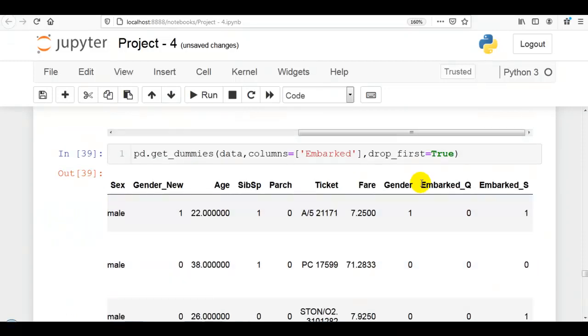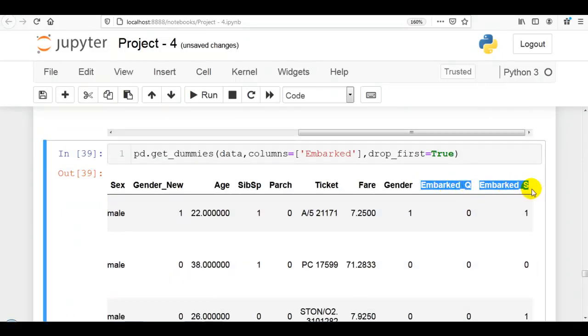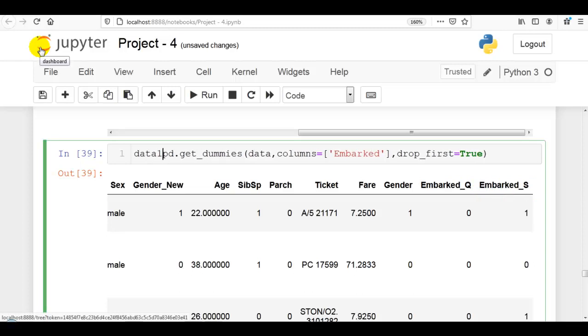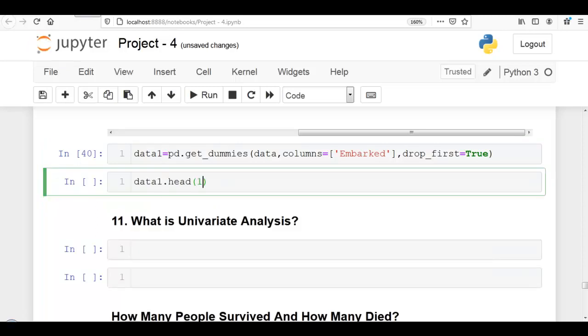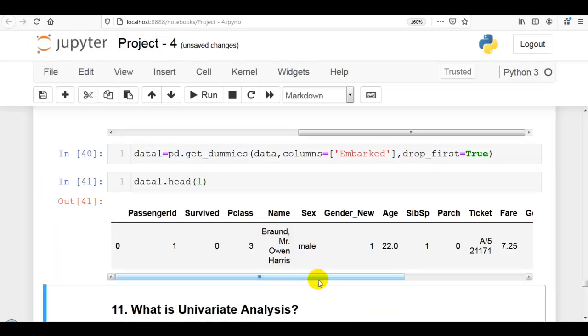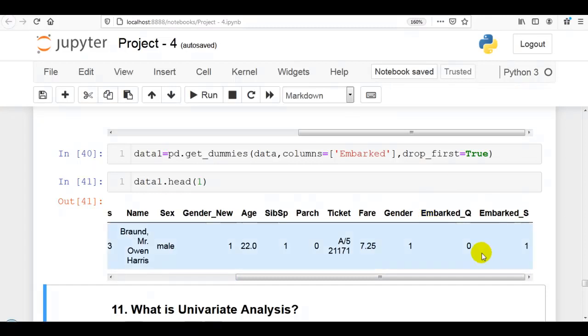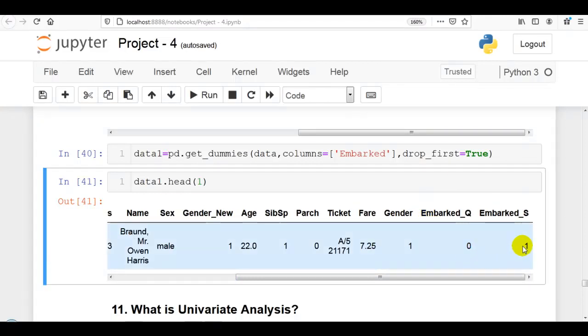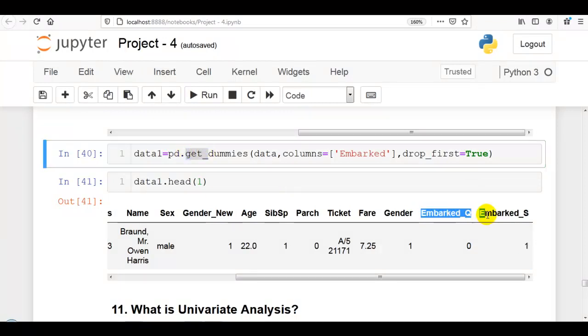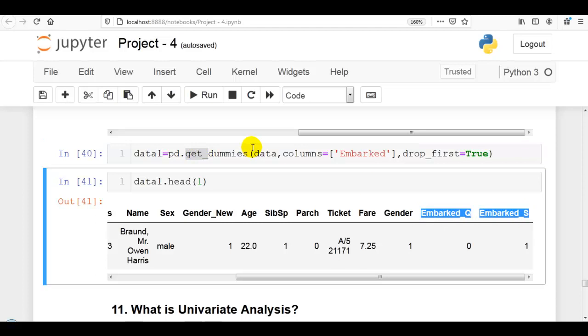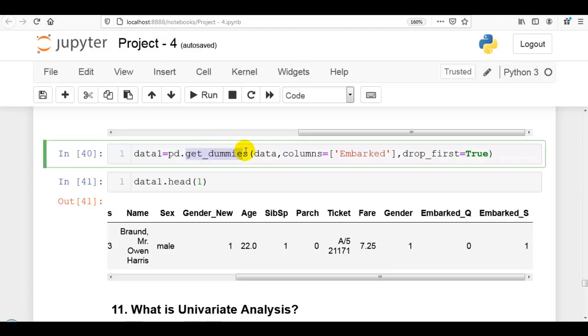As you can see, the first column has been deleted. Let's assign this to a new variable, data1 equal to this statement, and execute this cell. Let's check the first row of this data frame. With these two variables, we can predict the value of the first one. This way we can encode columns with more categories using the get_dummies method of pandas.